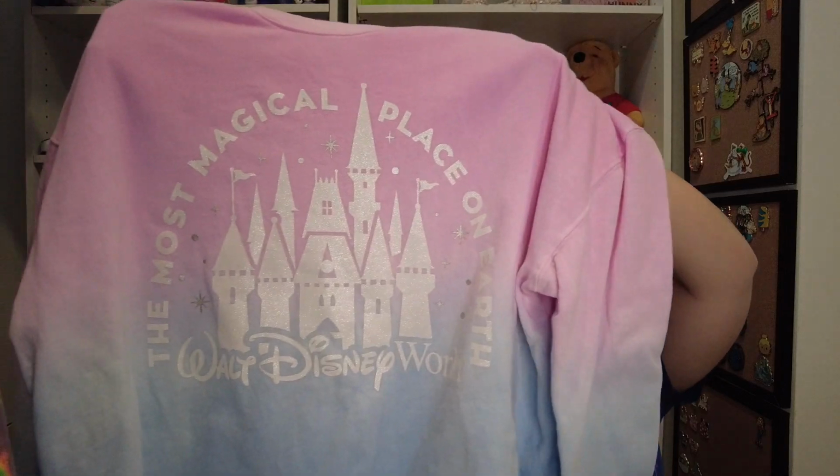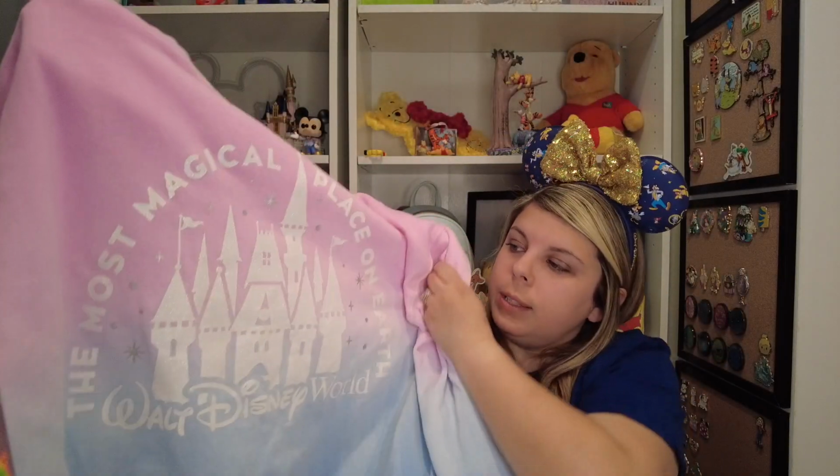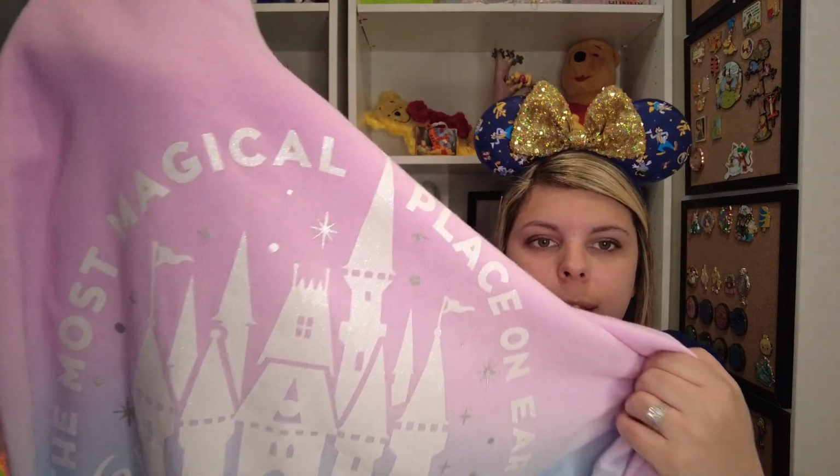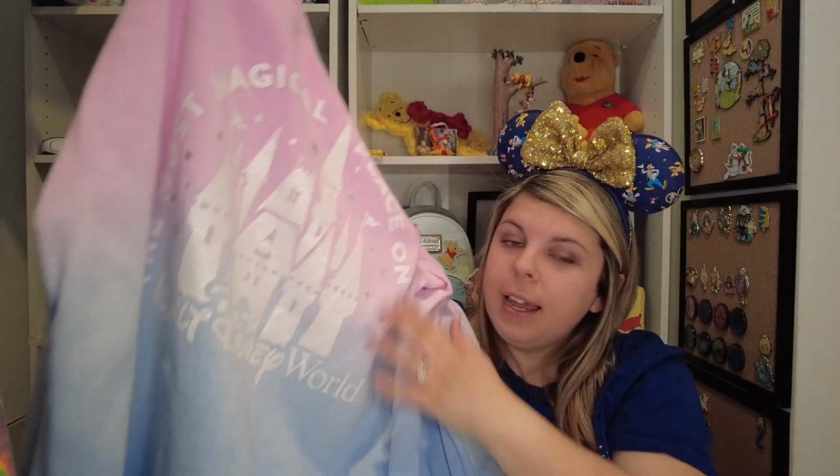It says the most magical place on earth, Walt Disney World, and this is all glittery, and you've got the stars and stuff around it. I love this. I love the glitter on the design. I love the pink into the blue. I love this. I'll be uploading pictures probably soon from the trip to my Instagram, and all of the